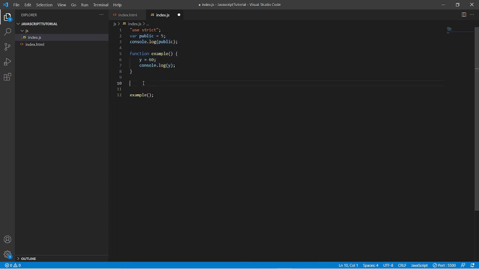Once use strict is enabled, you cannot disable it. So it's up to you whether you are going to work with the old features that are not modified, or you want to use the modified features and rectifications that have been done in the previous releases of JavaScript. So it's all up to you.